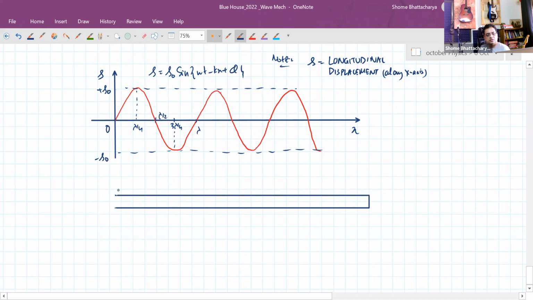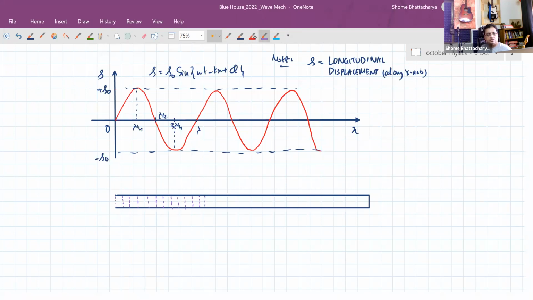So what is happening is, if these are, let's say, the mean positions, let's say these represent the mean positions of various medium particles. So imagine these are just imaginary